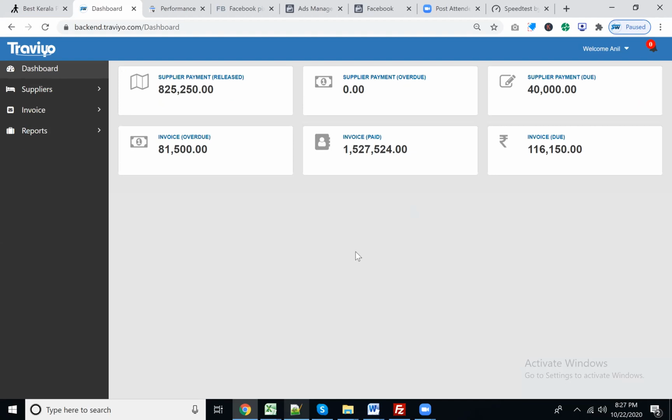No lead information, supplier information, nothing else. What payment they have to collect from the market, what payment they have to release. This is exactly the settings we have provided to the accounts team. The accounts team is only responsible for releasing payments and receiving payments from the market. That's it. The dashboard you are looking at here is very customizable. However you give permission to a particular role, that role will access the dashboard accordingly. So this is a customizable dashboard for everyone.